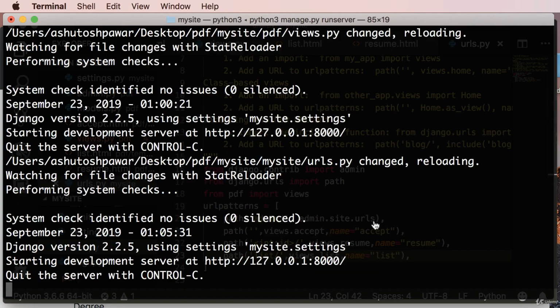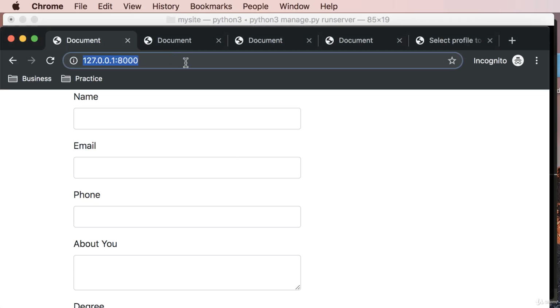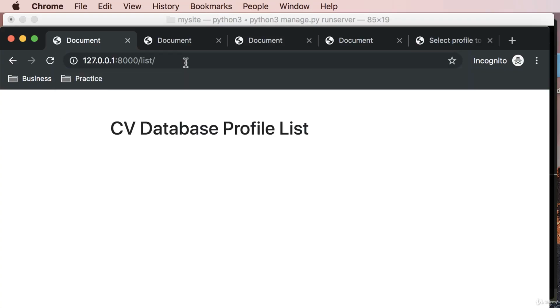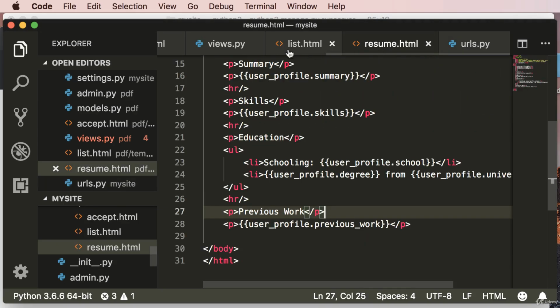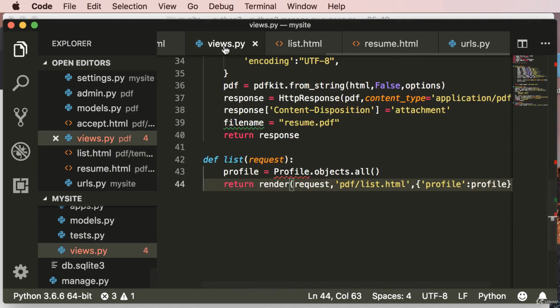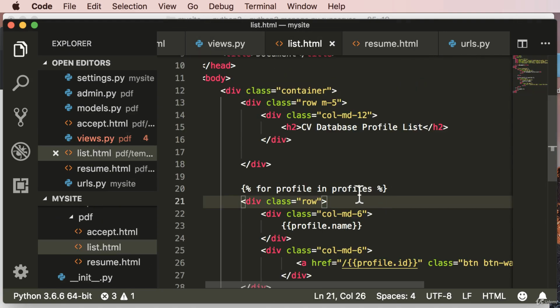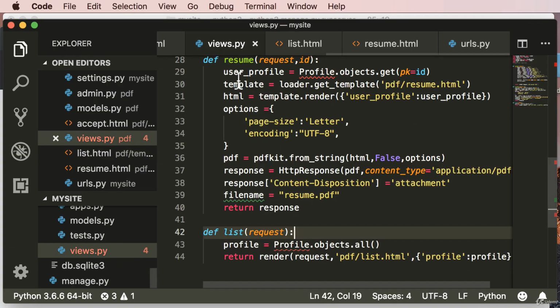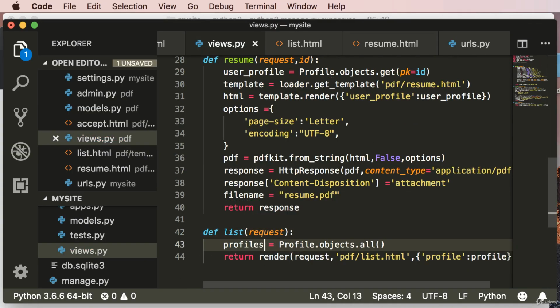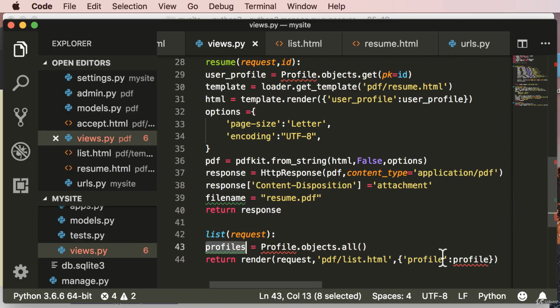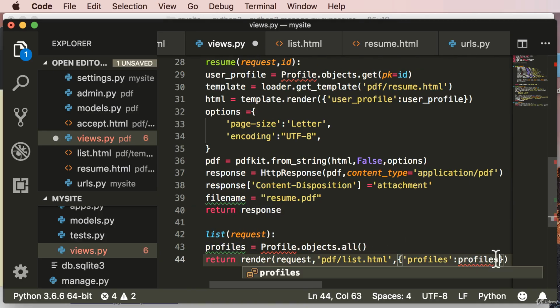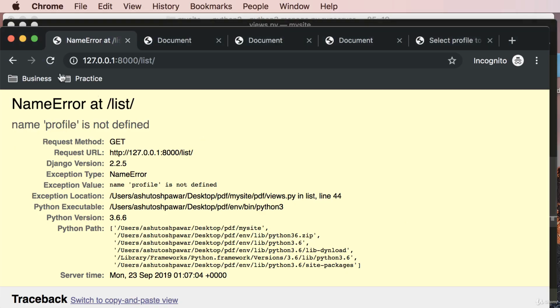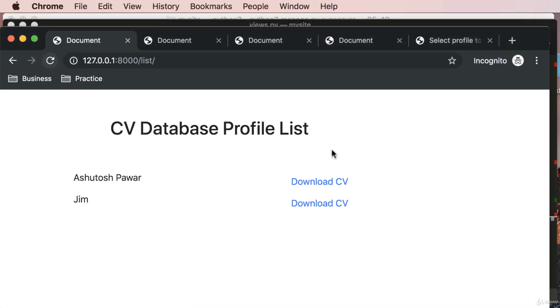So now the server is up and running. So now if I go to /list, as you can see, it's not displaying any names over here because we might have messed something up while creating the view. Okay, so the reason why it was not working is because we have used the context as profiles in here, but over here it says profile. So this should actually be profiles, and once we make it profiles, you also need to change the context over here as profiles. So once you go ahead and do that, and once you hit refresh, as you can see,